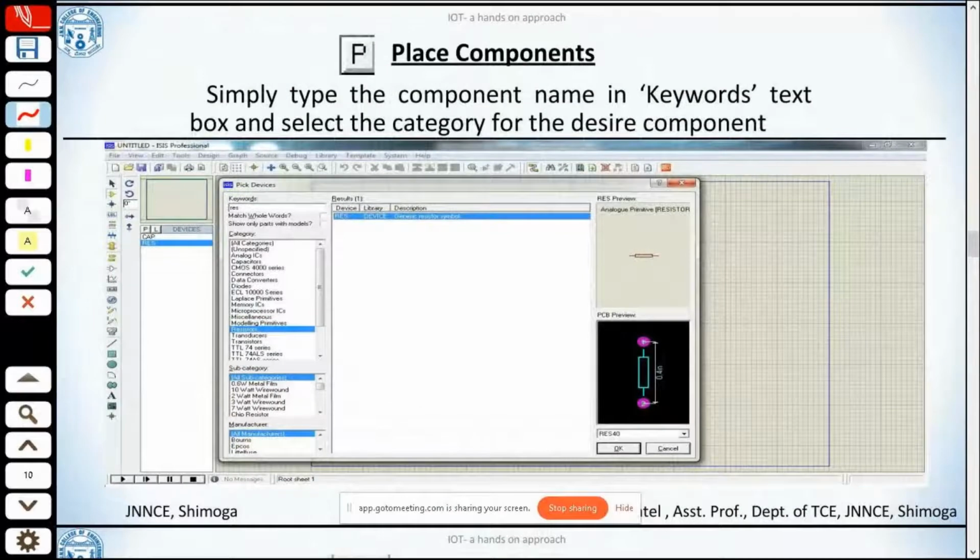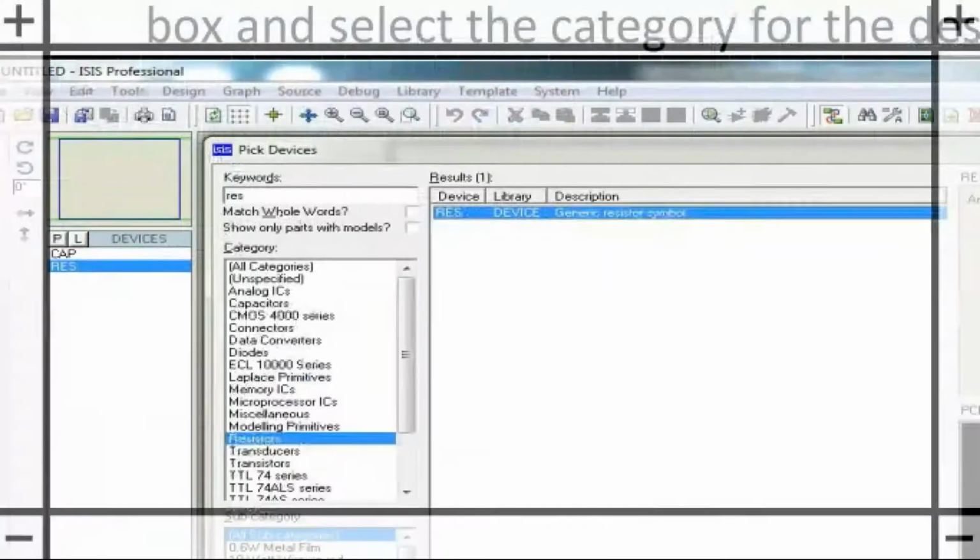So as you can see, I have typed the keyword RES, which stands for resistor, and this Proteus is returning me one result, that is device RES, which stands for resistor. Library, it is available under library devices, and description is generic resistor symbol.